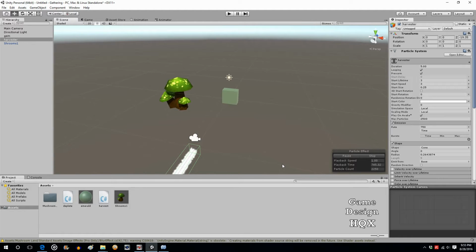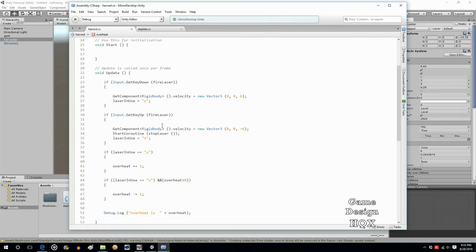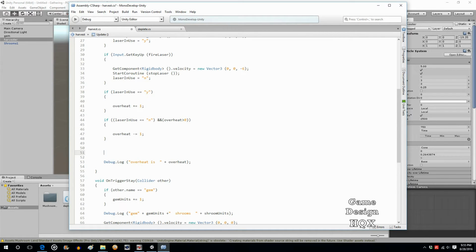So, overheating. In the last video, we added the variable to track what status the laser is in. Is it being used or is it not being used? And if it is being used, then this variable is going to be increased in value. So now we want to do something with that value, that once it hits a certain threshold, we want something else to be done. So in the update section,